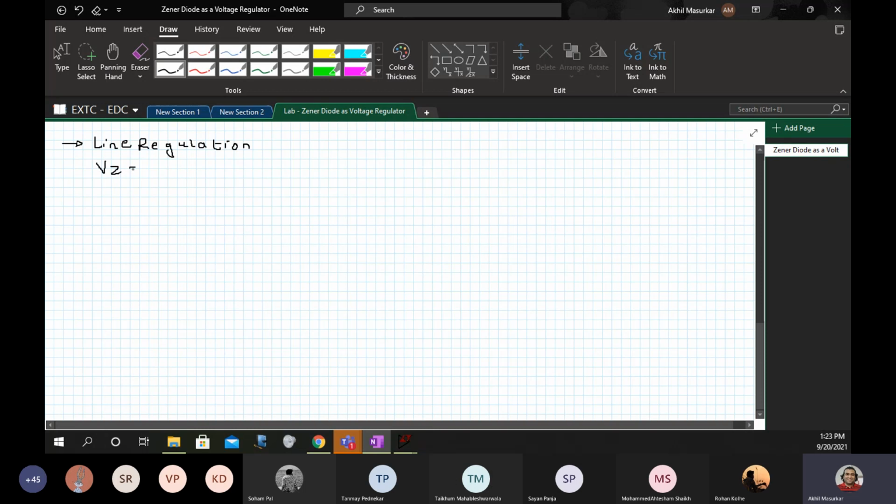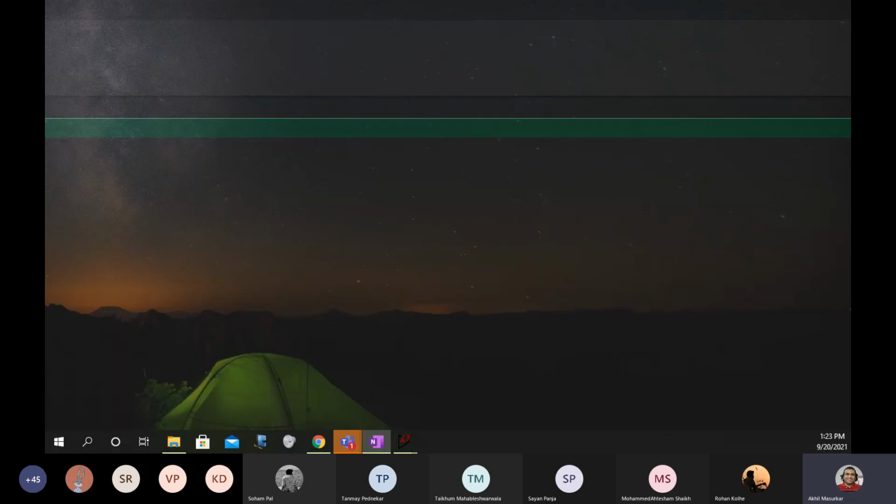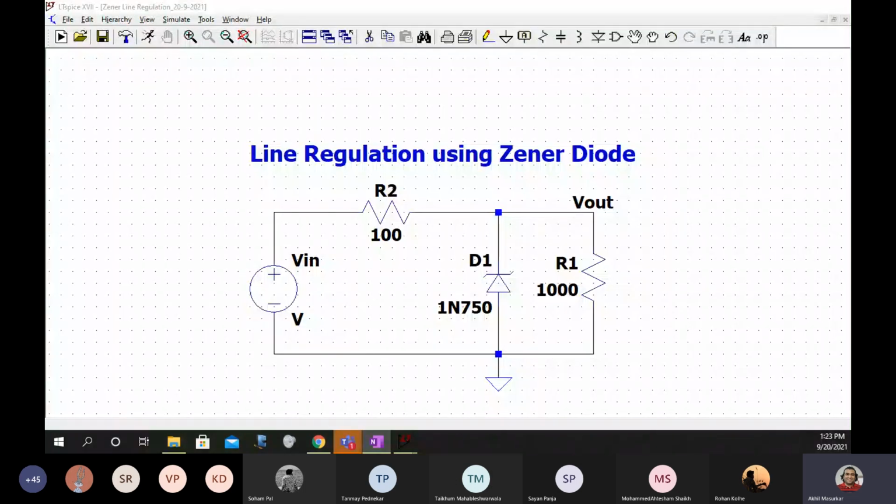So certain values: Vz is 4.7 volts, Iz min is, let us say, 20 milliamperes, Iz max is 75 milliamperes. So these two pieces of information are given to me. Okay. So please write this.